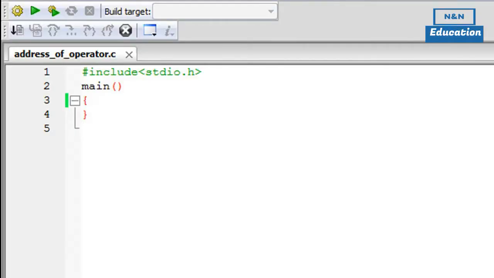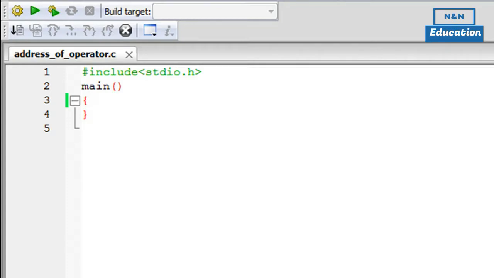This is the 32nd tutorial in this course, and in this tutorial we are going to talk about the address of operator. Now the address of operator gets us the address of a variable in memory, right? And since the address is a numeric value, to print it on screen you have to use the %d format specifier. Now I don't have much to talk about the address of operator, but since it is a very important operator, and since we would be using it a lot in this course, I thought of discussing it separately in